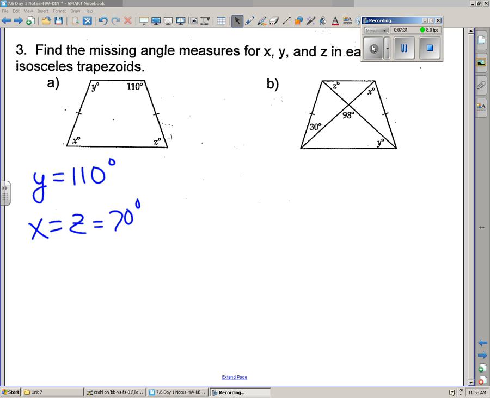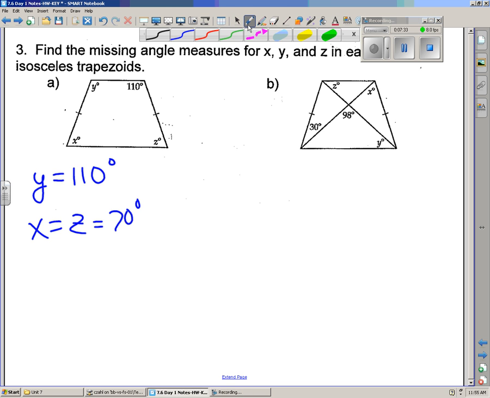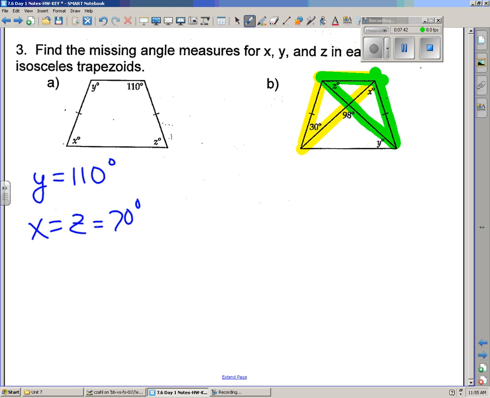If you take a look at it, you would be able to realize that these two triangles right here are congruent by SSS, because we've got reflexive base on the top, diagonals are congruent, and it's an isosceles trapezoid. So knowing that, if this guy here in yellow is 30, well, this guy here is also 30. The fact that I've got a 98-degree angle up here, its supplement is going to be 82. So to find x, all I need to do is 180 minus 82 plus 30,